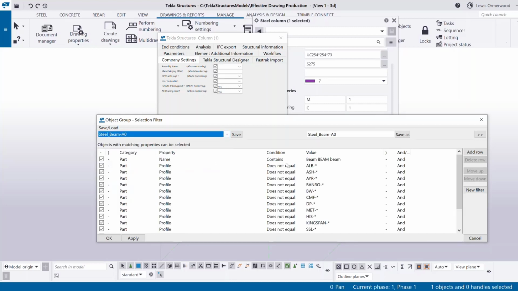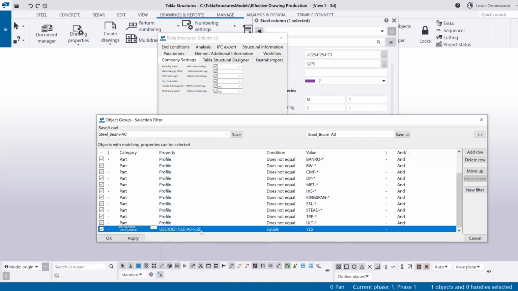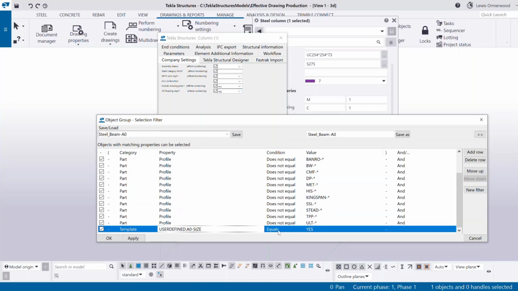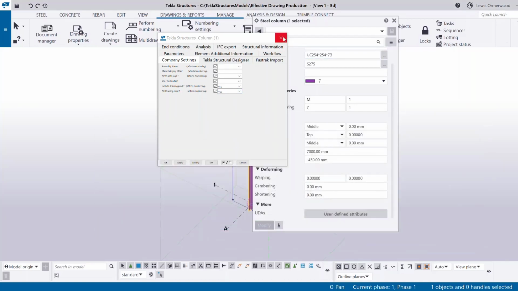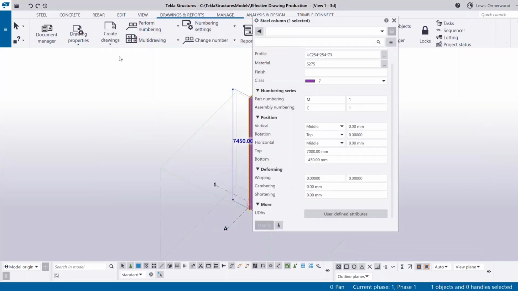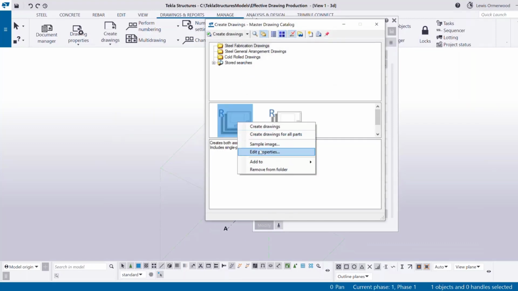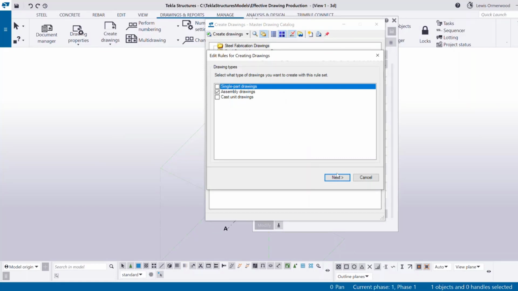So this filter is pretty much identical, minus the drawing required attribute, but it also now has the template user defined A0 size option equals yes. So if this is set to yes in the part, this filter will identify that, and in turn, if we go to the master drawing catalogue and then edit the rule set, in particular assembly drawings,